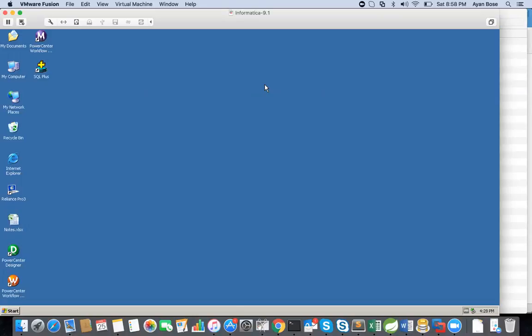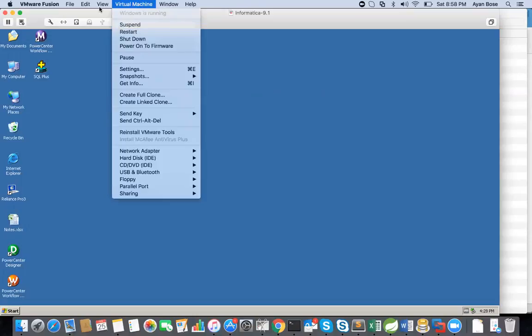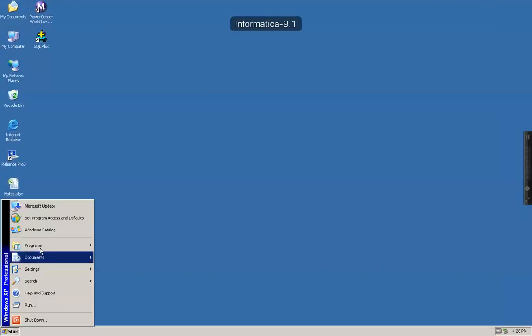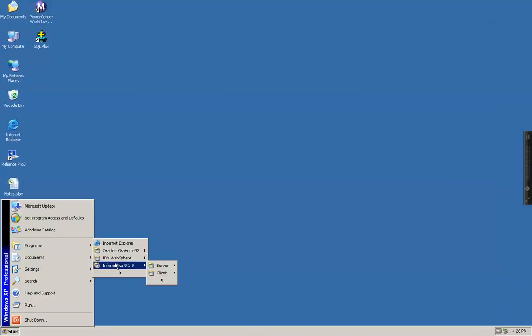These are the two primary services which will be called by the client, and that will be required for the entire ETL process within Informatica. So we will see how this is achieved. Let me first show you that my Informatica installation for the server and the client is